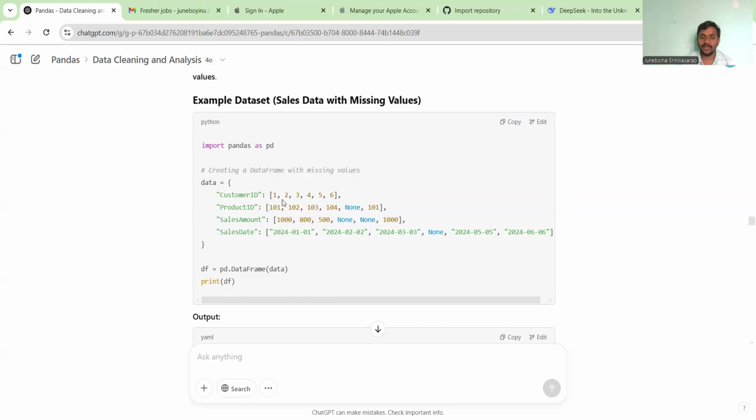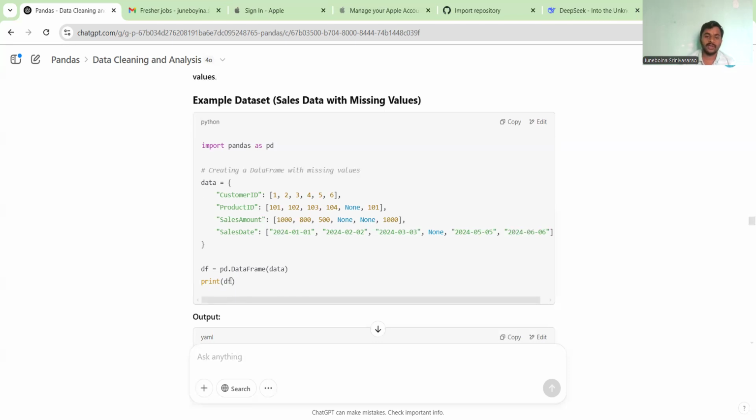It has customer ID values from 1 to 6. Product ID values 101, 102, 103, 104, and 107. Sales amount values are 1,800, 500, 9,000. Sales rate, here the various sales rates are there in the sales rate column in the